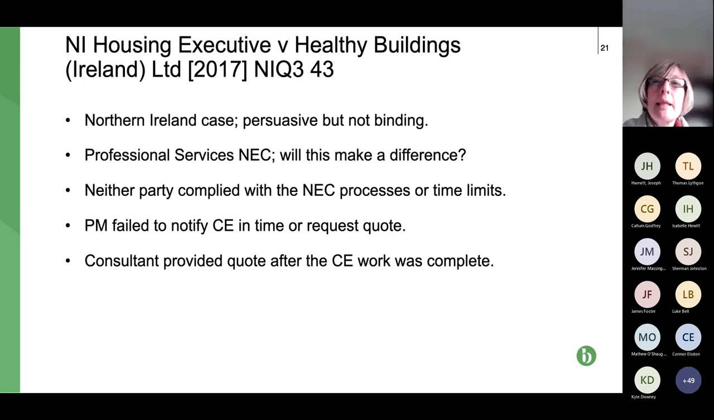And once it had completed the work, it provided a quote. And slightly bizarrely, it provided a quote on the basis of NEC. So it forecast its cost, even though it had by that point completed all of the work, so it knew what its cost was. So effectively, it was complying with the NEC form of contract, because, of course, we know